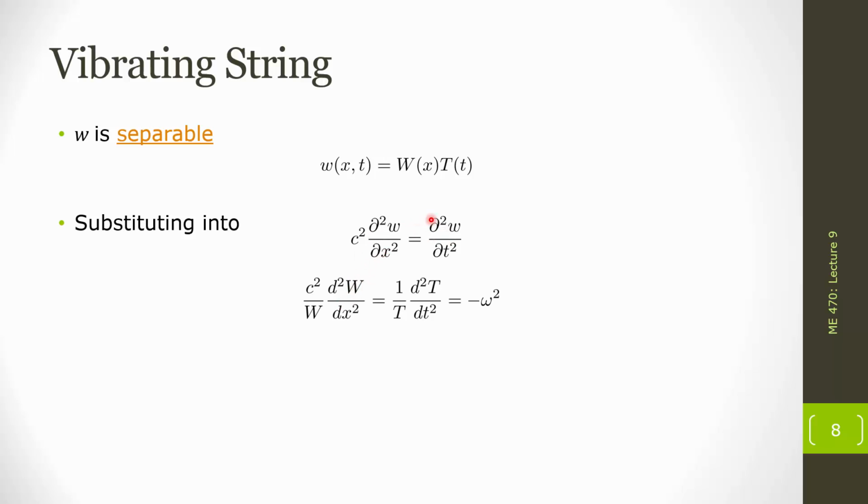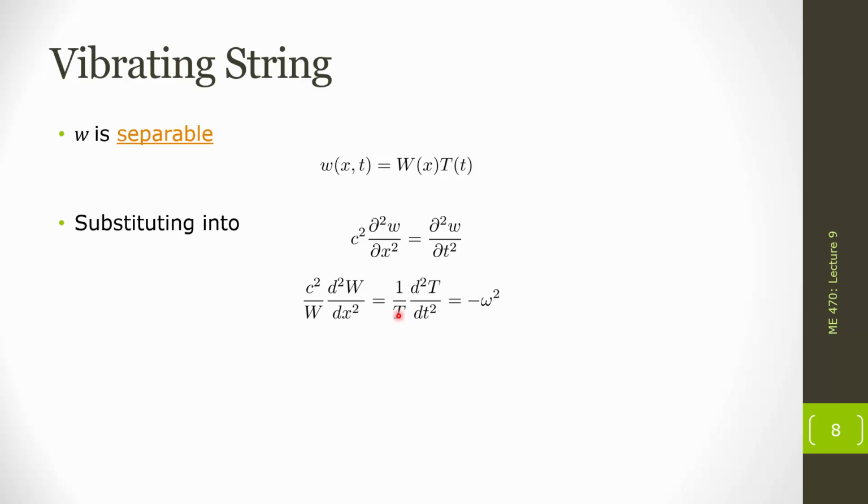And on the right-hand side, the W is going to be unaffected by the time derivative, so that's going to be able to come out. So I can divide both sides by the W, that's where this W comes from over here, and I can divide both sides by T, and that's where the 1 over T term is going to come over on the